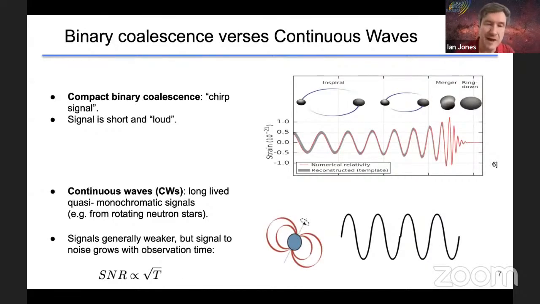In contrast to that, what we're talking about today are very long-lived signals that could last years, centuries, possibly even millions of years. And so these are relatively weak signals, but because they last a long time, we think we've got a shot at detecting them. And whereas you get this short, violent signal from the binaries, what you can see at the bottom right here is basically a sine wave, so an oscillatory wave that goes on with very little change for a long time. So that's the sort of signal that we're trying to detect today.